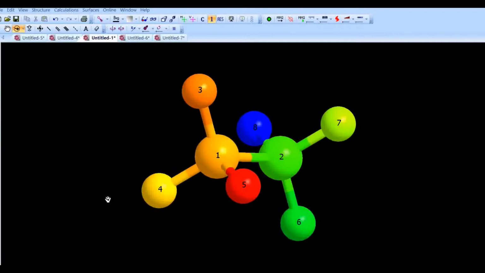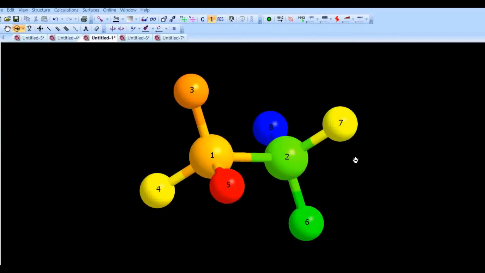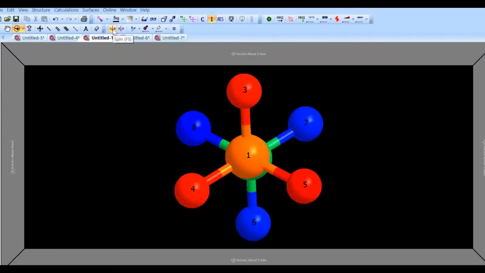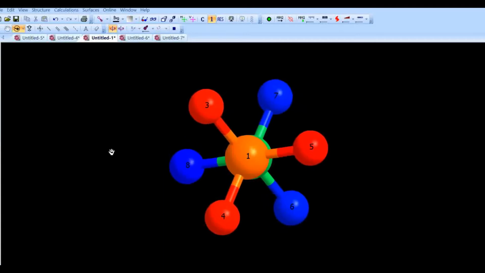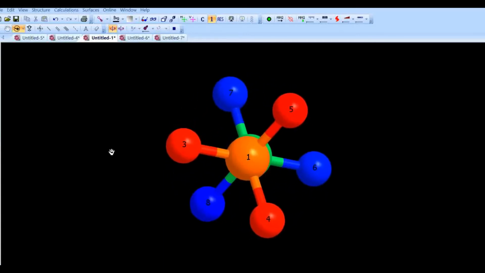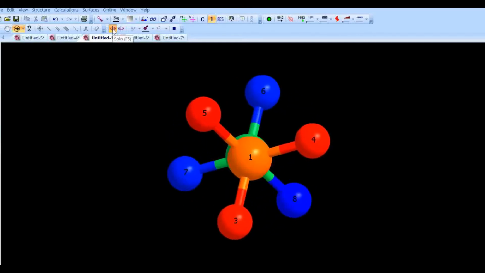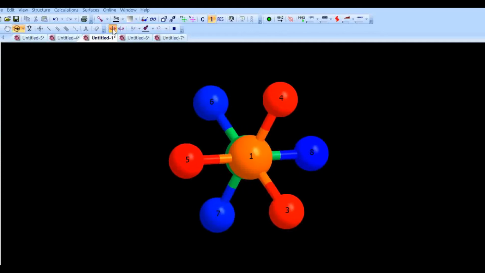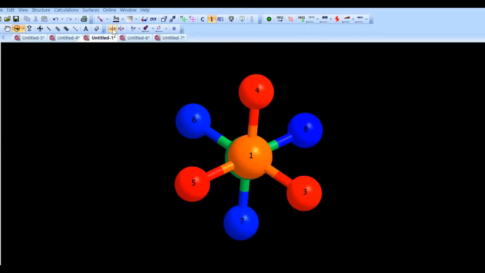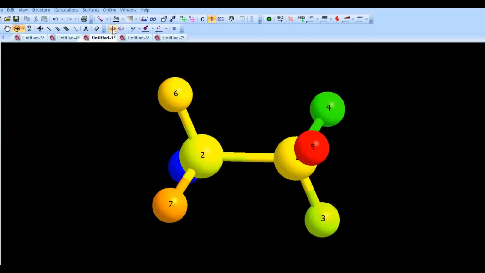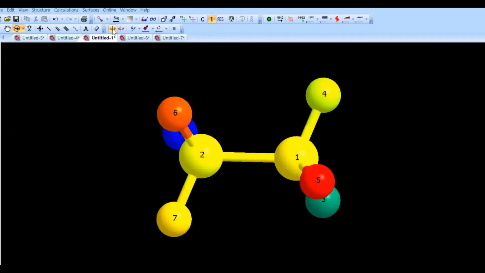An axis passing through carbon atom number 1 and 2, that is the principal axis. And you will see that a rotation of 120 degrees will give this same appearance, and that is why your principal axis is a C3 axis. Now you will find some C2 axes which are perpendicular to the principal axis.